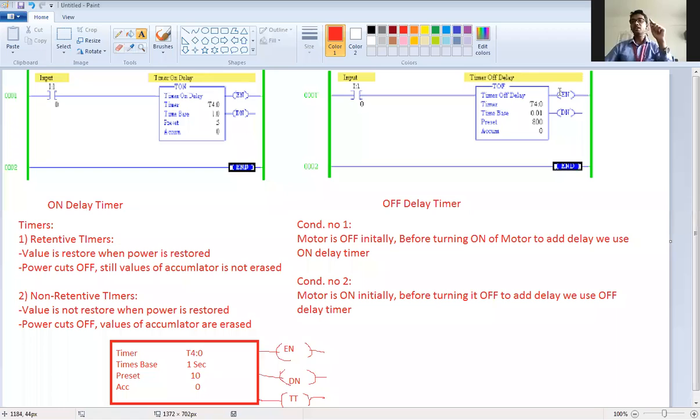And if you have to start it from 100, then in the accumulator you can write 100. So the timer will start from the value 100, like we do in a microcontroller. So 100, 101, 102. But it is not useful. If you want a 100 second delay, you can put accumulator 0 and preset 100. Or put 200 in preset and 100 in the accumulator, same. Even if you put 200 here and 100 in the accumulator below, there will still be a 100 second delay. And if you put 100 in preset and 0 below, what will happen? A 100 second delay. So this is the case.